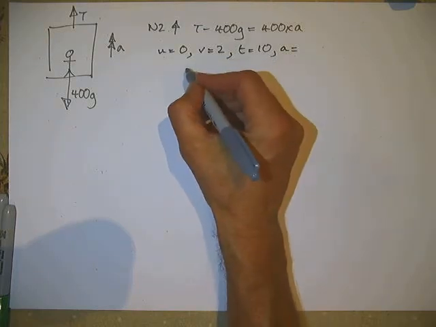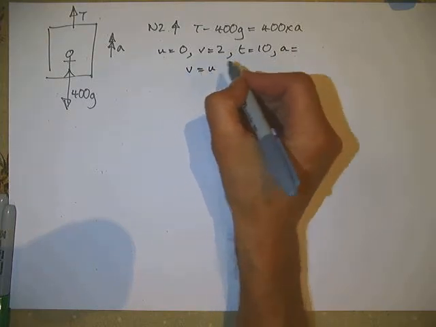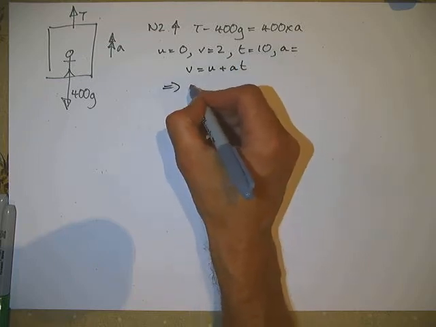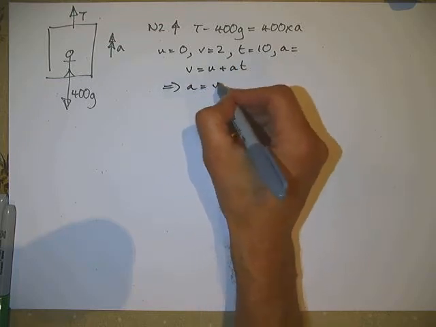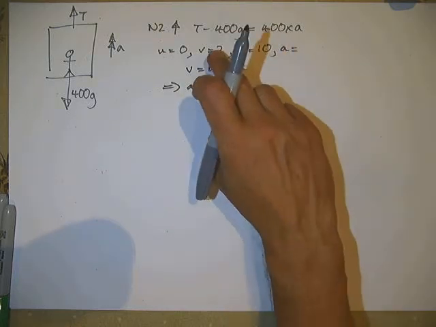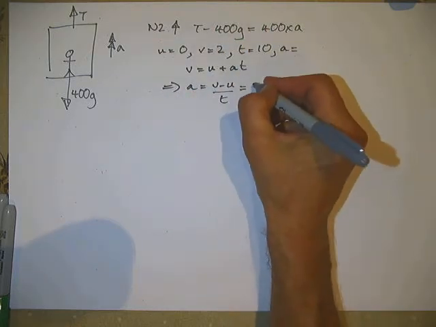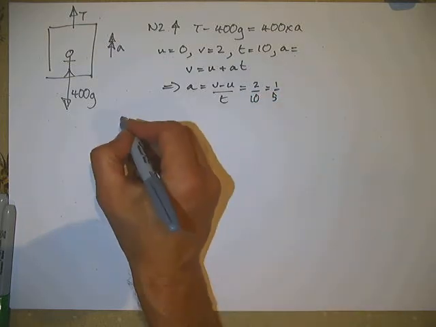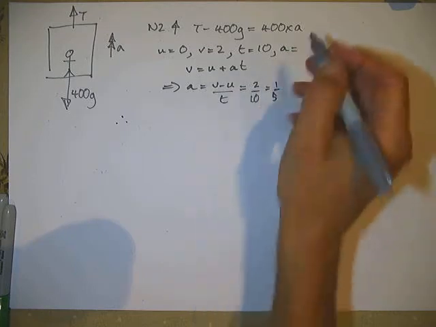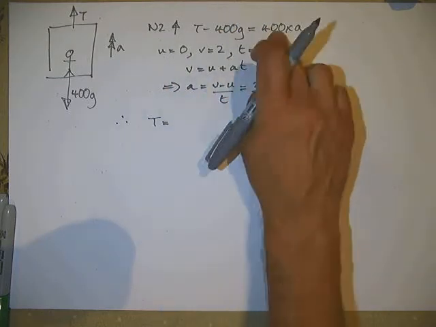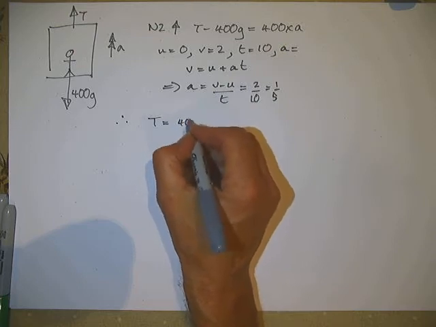So we've got V, U, A, and T. So state the rule we're using. That gives us A is V minus U over T, which in this case is 2 take nothing over 10, 2/10, which is 1/5. Therefore, from that Newton 2 equation, T is 400 times a fifth